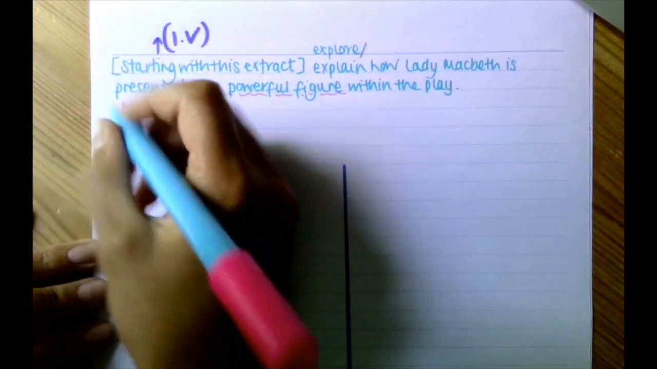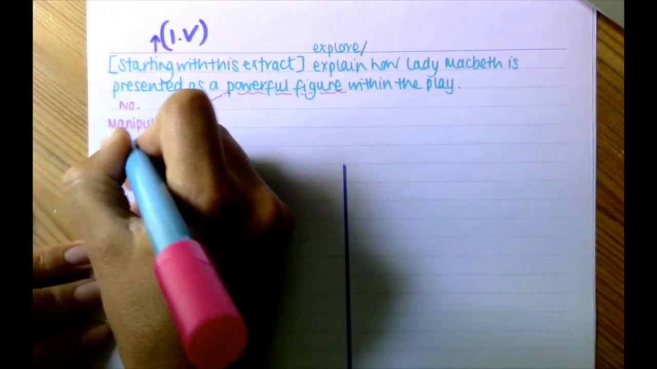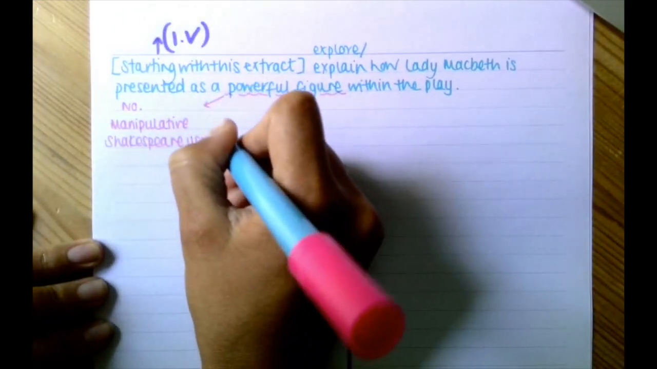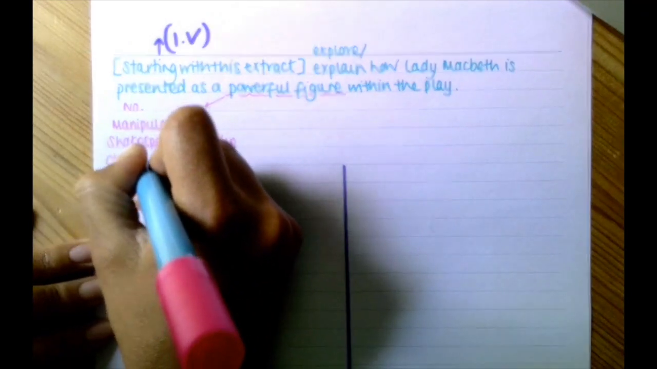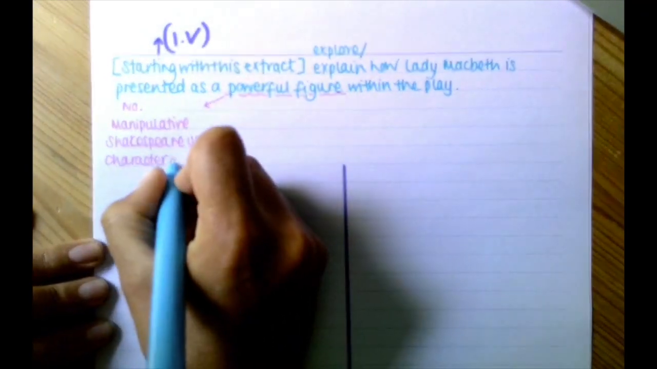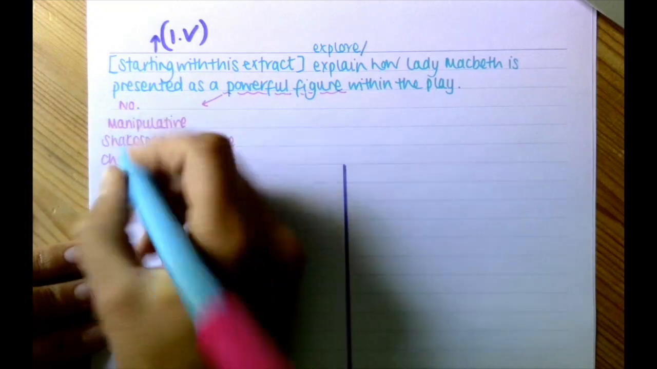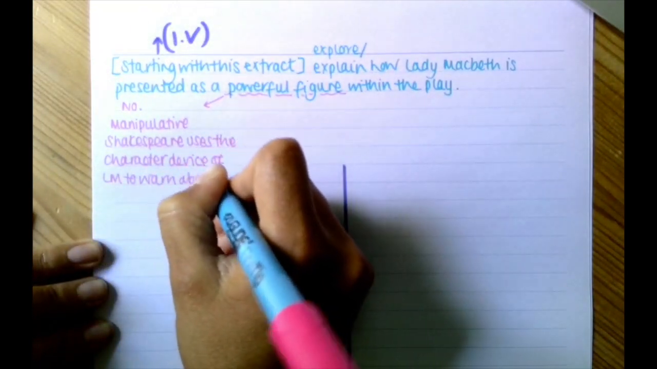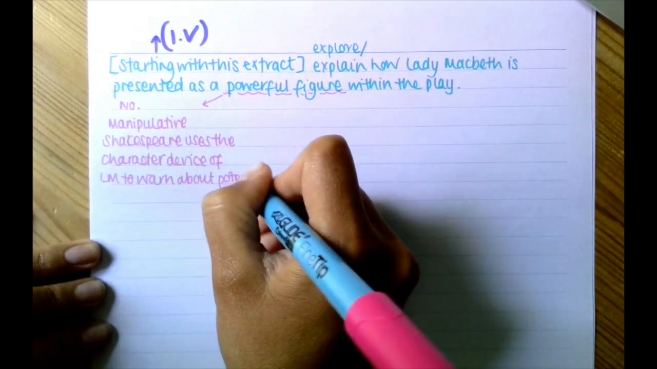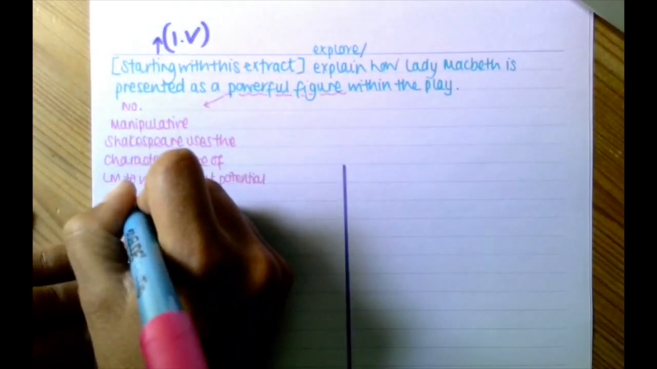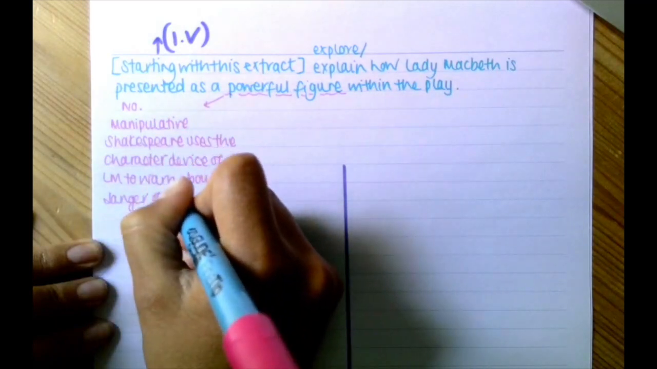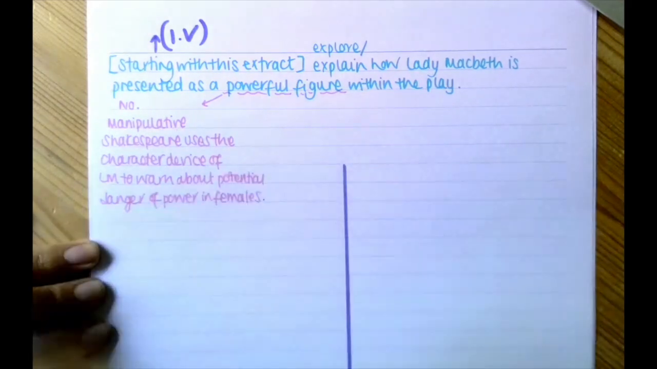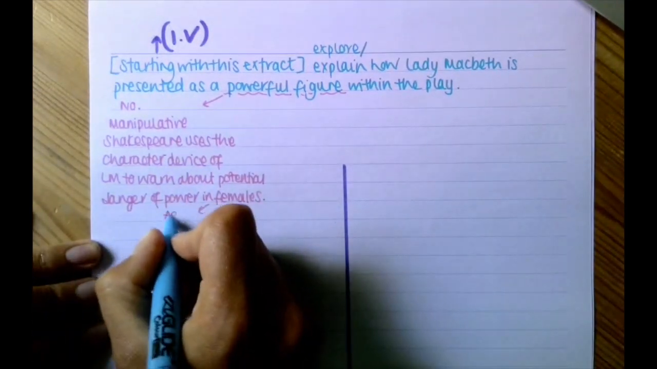and the fact that Shakespeare uses the character device of Lady Macbeth to warn about the potential danger of power in females. Okay, now I'm doing that primarily because I know that then I can weave in some contextual ideas